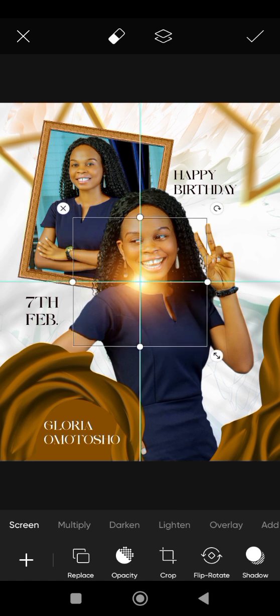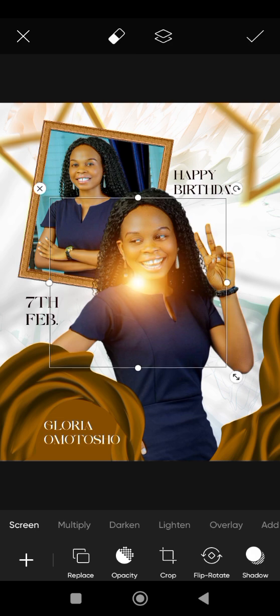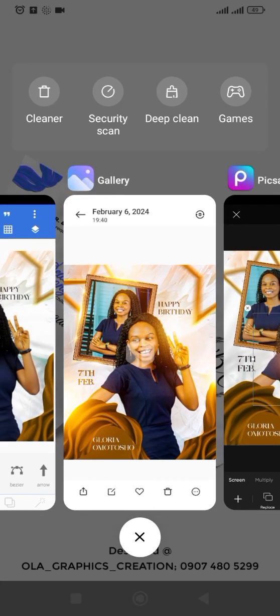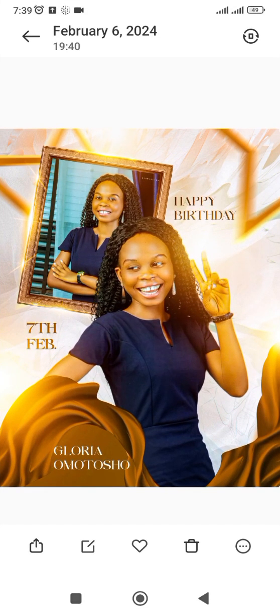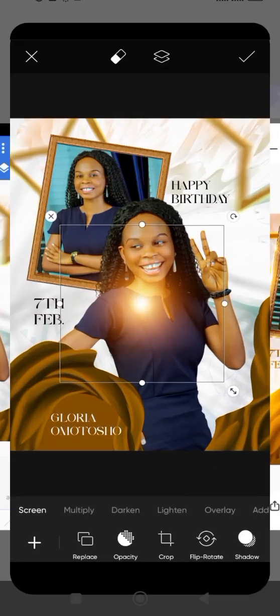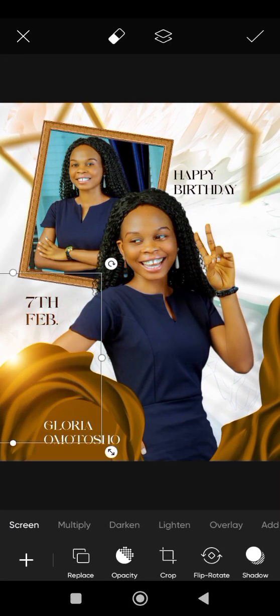So I'm going to be increasing this light effect. I'm not going to be placing it here. I'm going to be using my original to see the places where I made use of the light effect, and the first place is this place. Now if I place my light effect on this like this, it's still not working. The reason is because